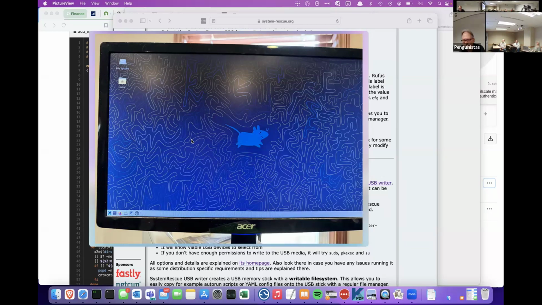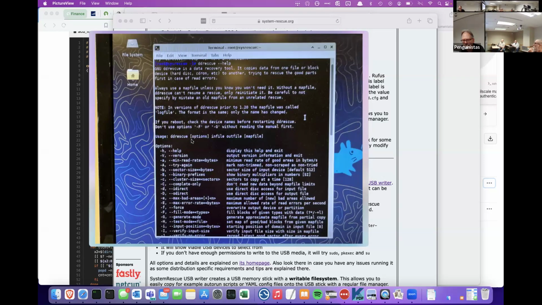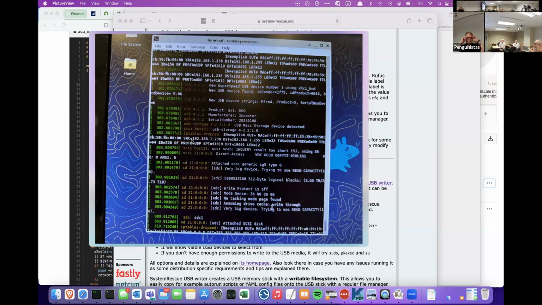Down here at the bottom left-hand corner, you can see, hopefully, that there's a terminal icon, which I opened, and then I ran ddrescue. And here's the help of ddrescue. And then the command, I plugged in a